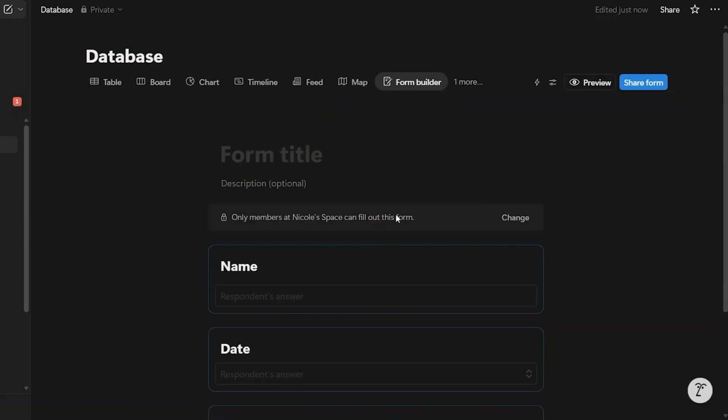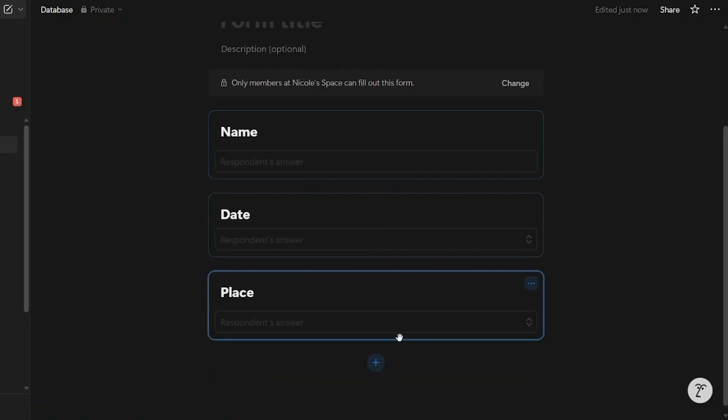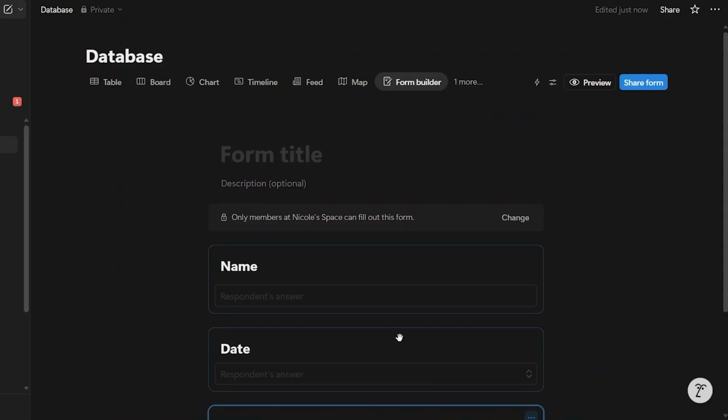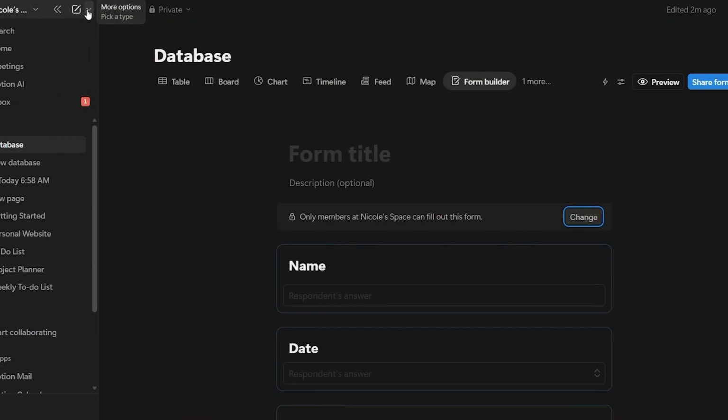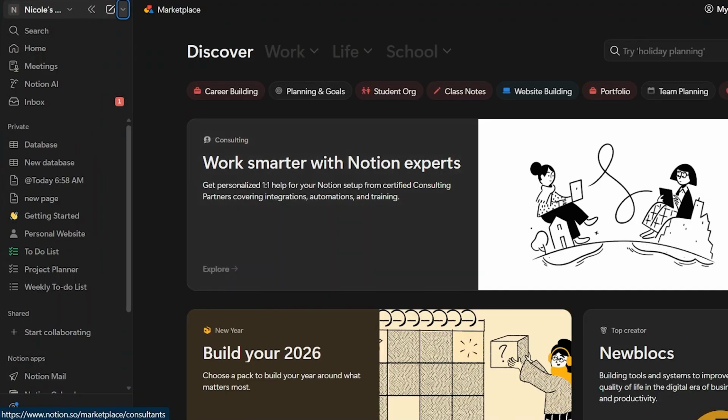So since we've started, we see that we can make all kinds of changes, and up till now we are seeing this again and again, that you can customize this area however you like. You can make any changes as you need, and there are just a lot of options, numerous options available. So we went up here and we opened up page, and we went through AI meeting notes, and then we went through databases. Now we are going to go towards templates, and here we are at templates, and we can